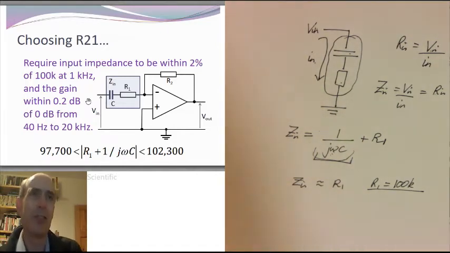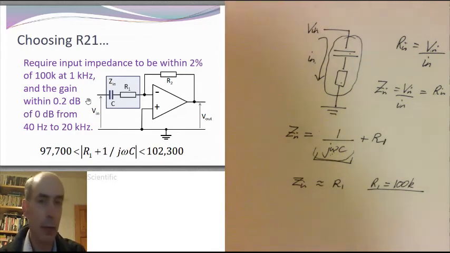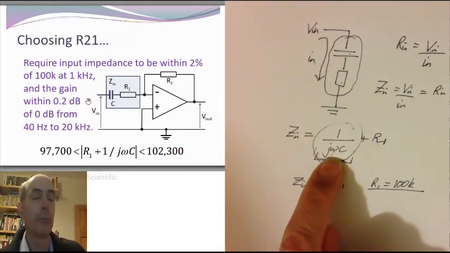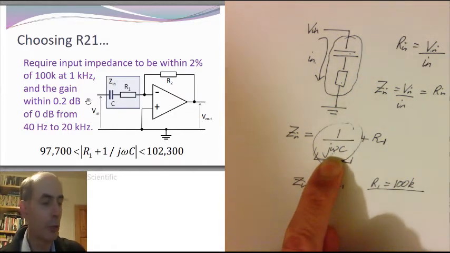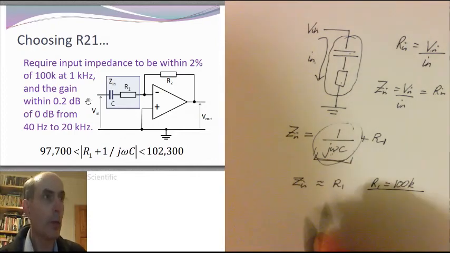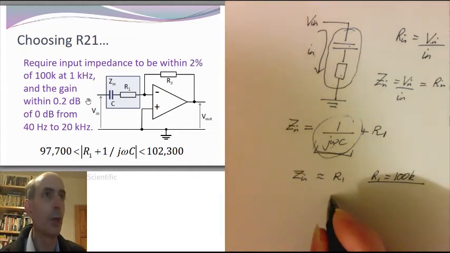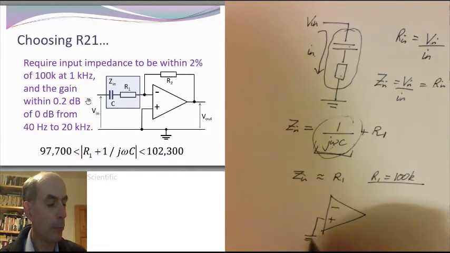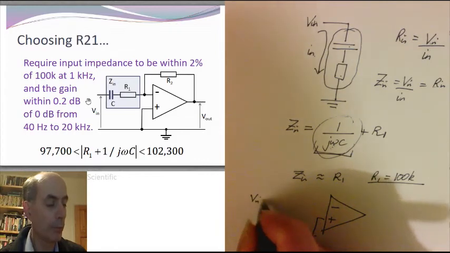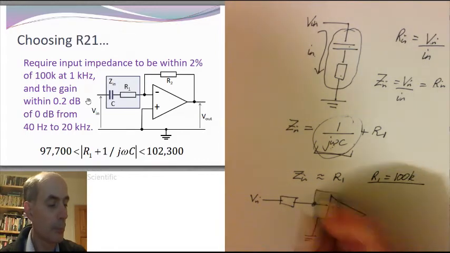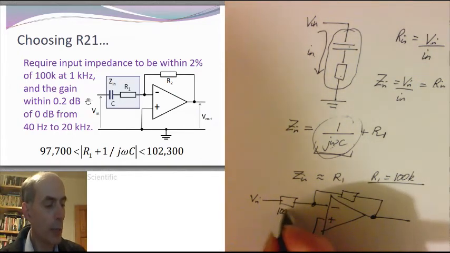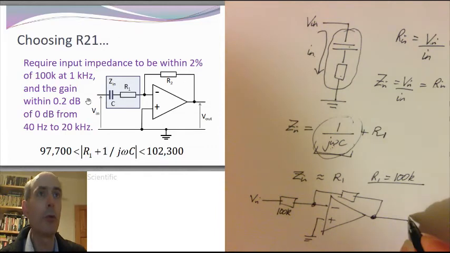We also want the gain to be within 0.2 dB over a wide frequency range, and for most of the frequency range, as noted, this term from the capacitance is not going to have a significant effect. So that means that for most of the frequency range, we've got an op-amp inverting amplifier, which just looks like this. We know this is 100k. We know that we want the output to be